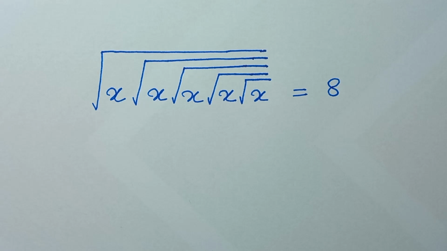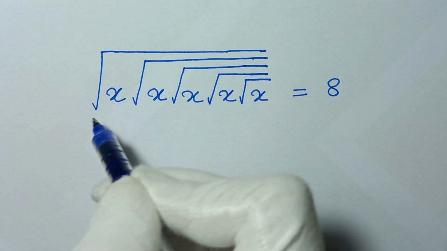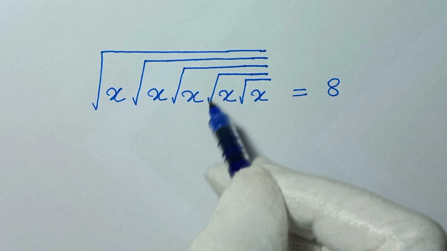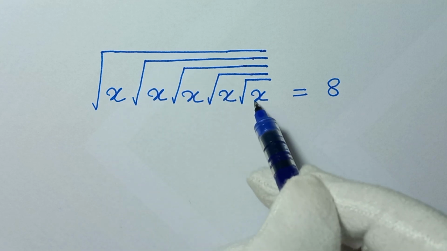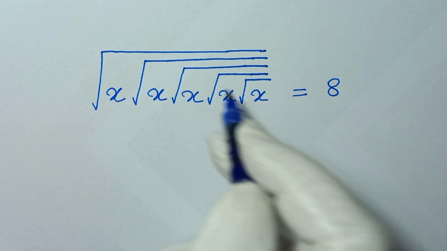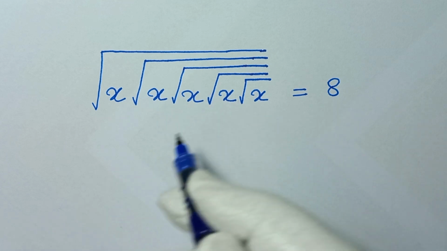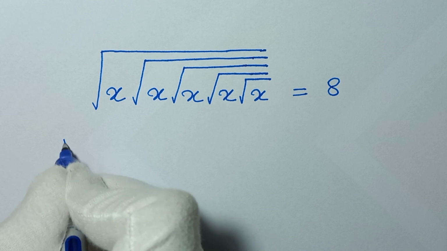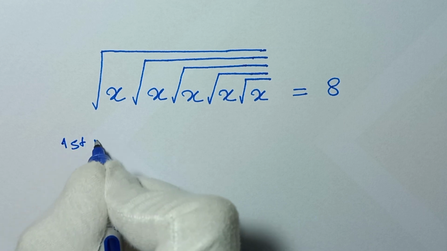Hello my friends, you're welcome to solve this math problem: the square root of x times the square root of x times the square root of x times the square root of x times the square root of x is equal to 8. To find the value of x, we solve this math problem with two methods. So for the first method,